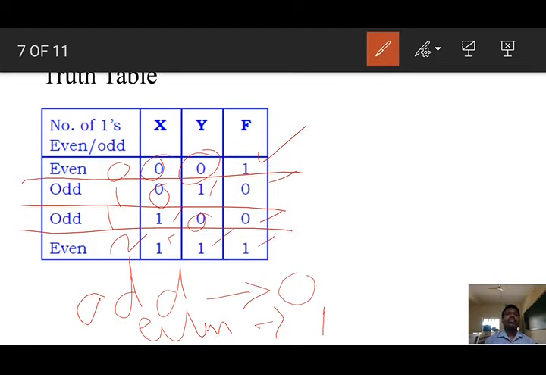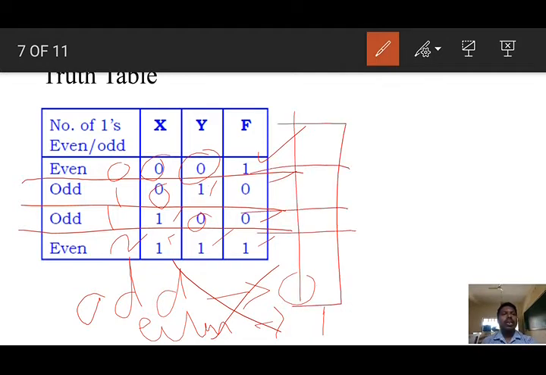Dear students, if you feel that this logic is too difficult to keep in your mind, I will teach another method. You just forget about this logic. You just remember the XOR gate logic. According to XOR gate logic, we are going to write here.